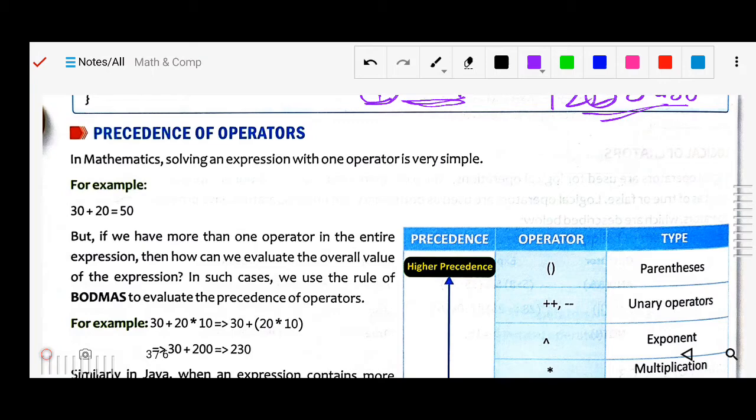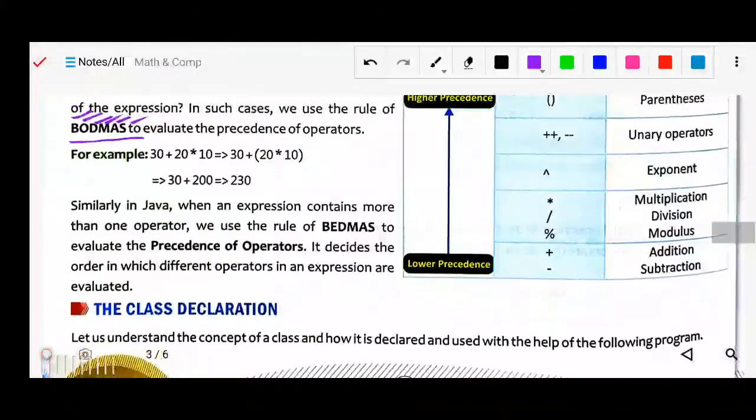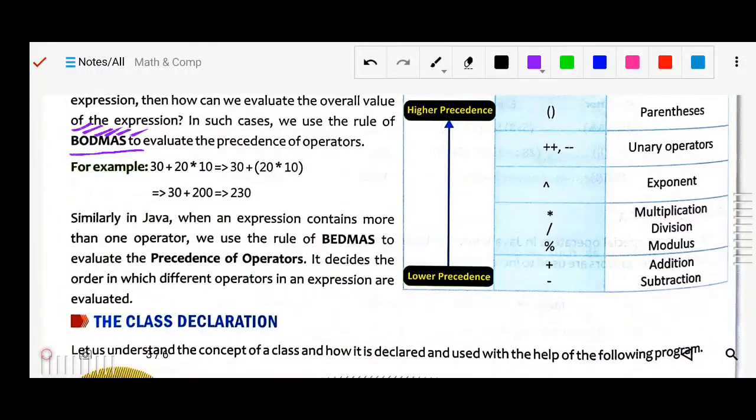First the parenthesis works first, then unary operators like plus, minus and the increment operator.